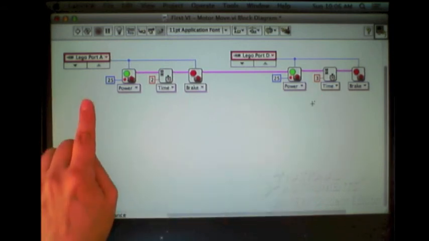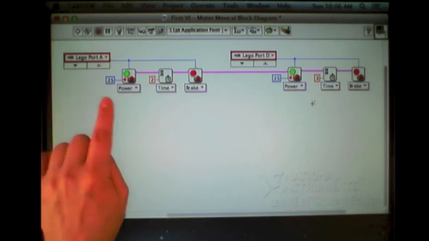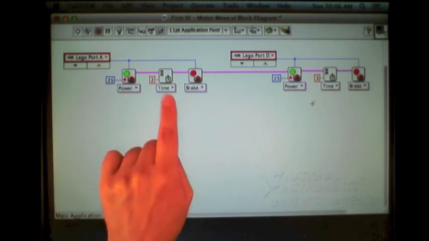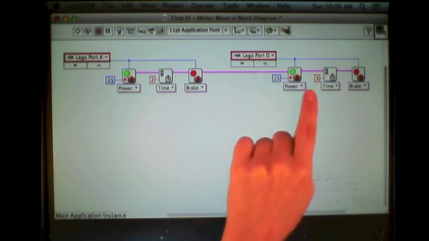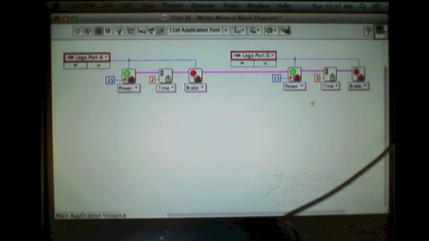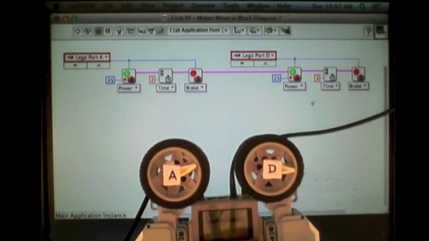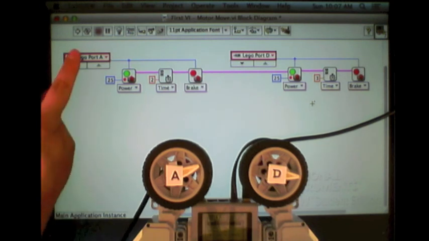So, in summary, turning motor on connected to port A on at power 25 for 2 seconds, stopping it, and then immediately turning motor D on for 3 seconds. Let's see if this indeed is how the code operates. Here's motor A and motor D. I will hit the run button in the top right, and we should see it